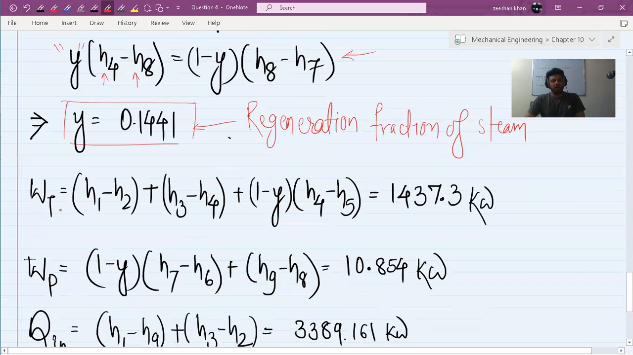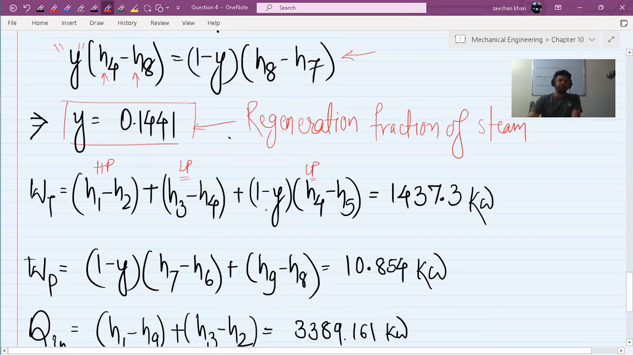Again, turbine work can be calculated by looking at the states between which the turbine is operating. So H1 and H2, H3 and H4, and H4 and H5. This is the low pressure turbine. This is also the low pressure turbine. This is the high pressure turbine, and these two are the same. Low pressure turbine, and there's only 1 minus y amount of